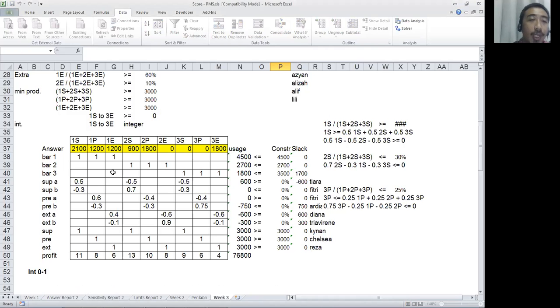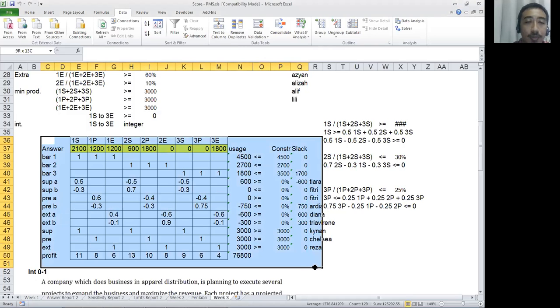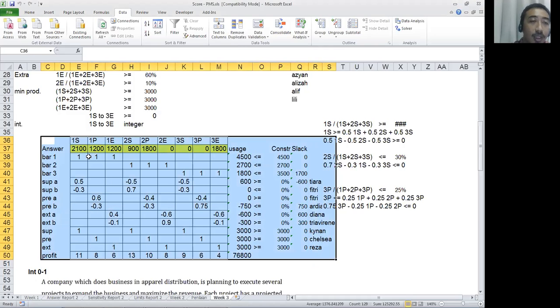You will need to make this kind of table first. The first column is x1, x2, x3, x4, and then this is the answer, and then this is the first constraint, second constraint, third constraint, and fourth constraint, and then the revenue. And then you have the more-than or less-than, then you have a constraint. Then you need to put the solver as usual. The different thing is only you add the binary condition. This answer should be binary.